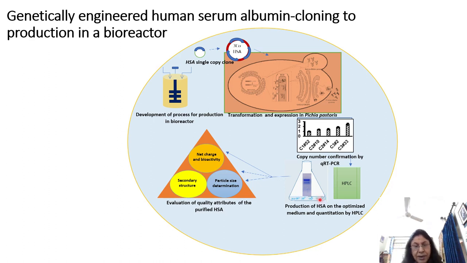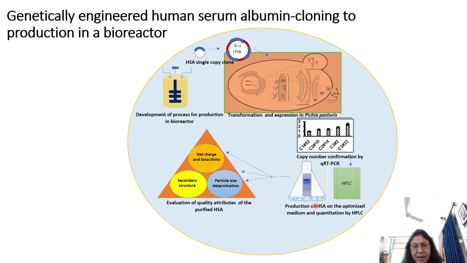That particular sample can now be loaded onto an SDS-based gel. On the gel, we have a way of separating out the mixture of proteins, and what you see here as a very dark band is that of human serum albumin. So this method shows production of this human serum albumin at shake flask level. In the center, I'm just showing you that the culture filtrate can be evaluated for production of that protein by carrying out an SDS-PAGE. The dark blue band which you see is that of the recombinant protein.